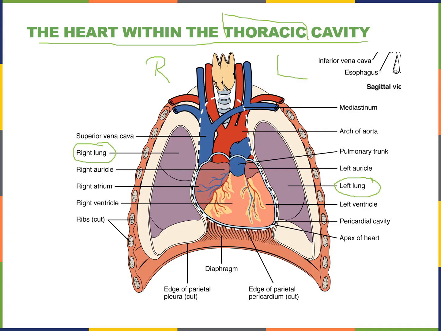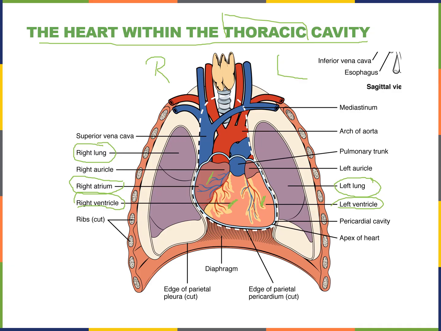We see here a right atrium, so that would be the upper chamber right there, and a right ventricle. This is now the lower chamber on the right side of the heart. We have a left ventricle being shown here, and the left atrium